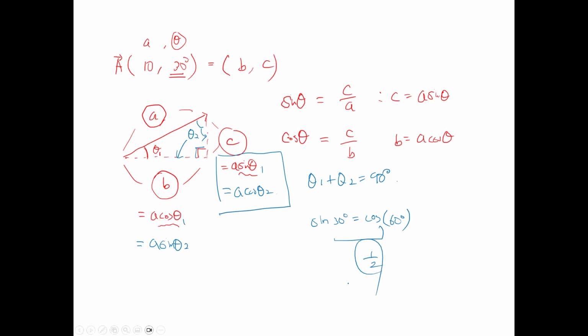This is one of the trig rules. Whichever angle you choose doesn't matter. If you choose this angle, this line is adjacent and this line is opposite. If you choose this angle, this is opposite and this is adjacent. So it's always hypotenuse first, and depending on the angle, you choose sine or cosine theta to find the line length